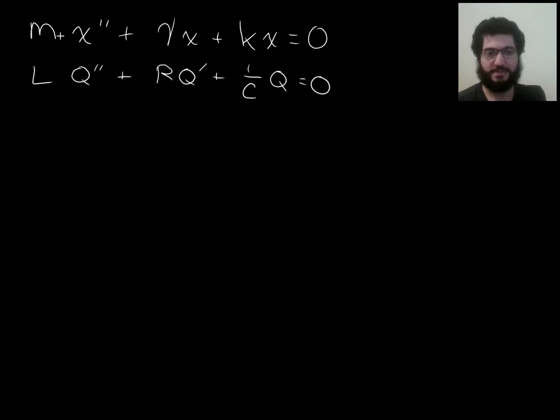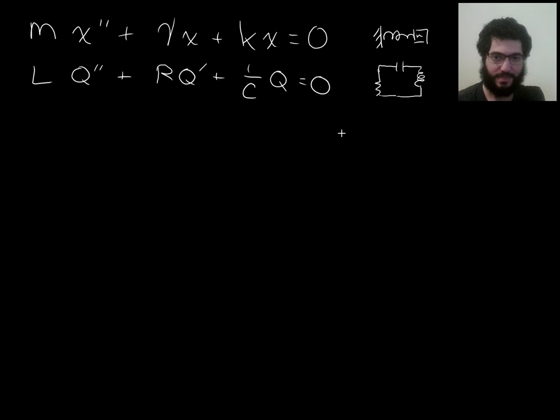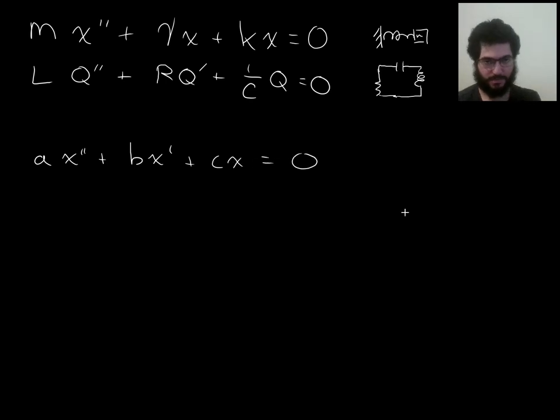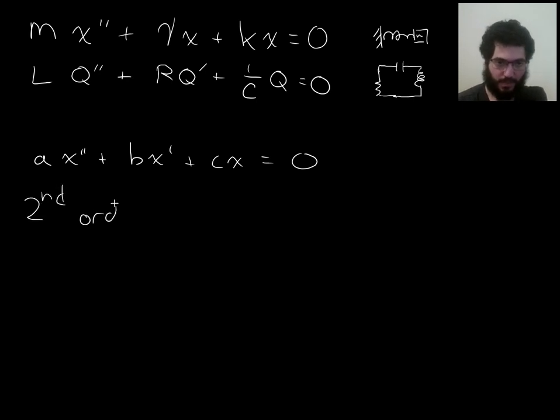So summarizing what we have seen, the differential equation for a damped spring mass system and the differential equation for an RLC circuit basically have the same form. And that form is constant times second derivative of the unknown function plus constant times first derivative plus constant times the unknown function equals 0. So this is something we will study a whole bunch, and here's how I'm going to describe differential